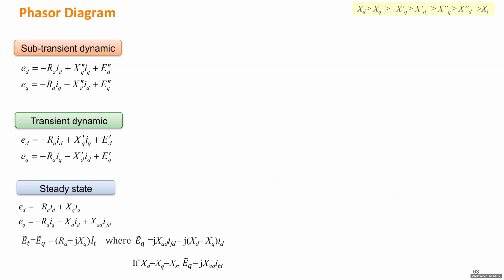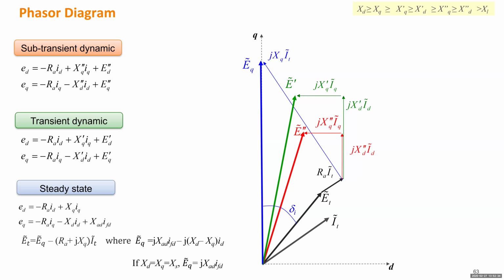So that equation will have internal voltage, which is EQ. So here, because we want to make Q axis to be the imaginary axis and D axis to be the real axis, we'll always draw the EQ as the y-axis here. So this is a phasor diagram. So we put the EQ in the y-axis, and the D is x, which is the real axis,